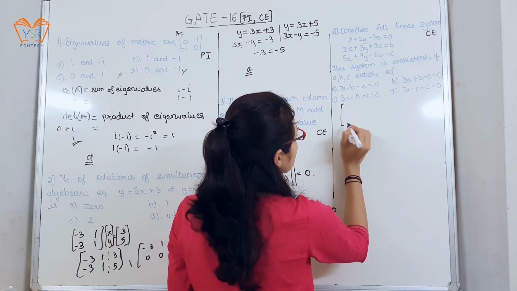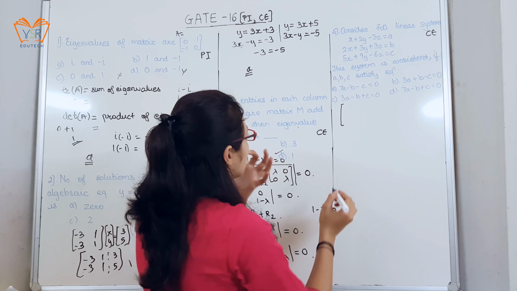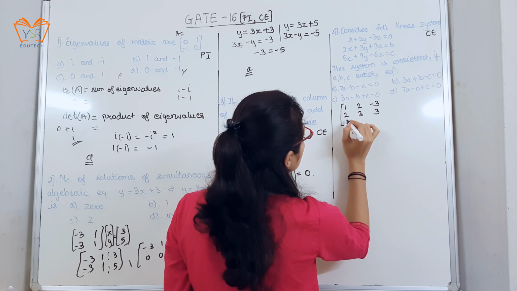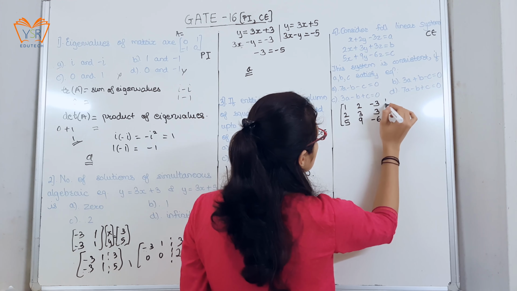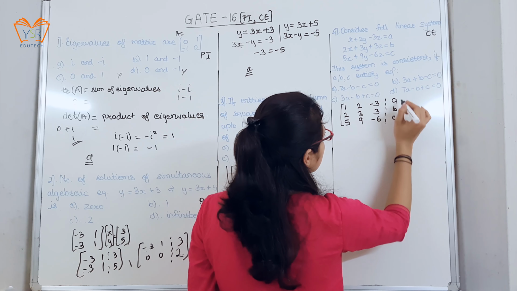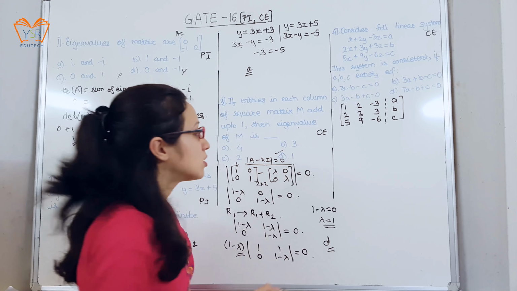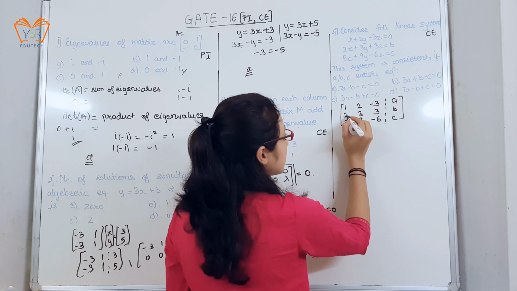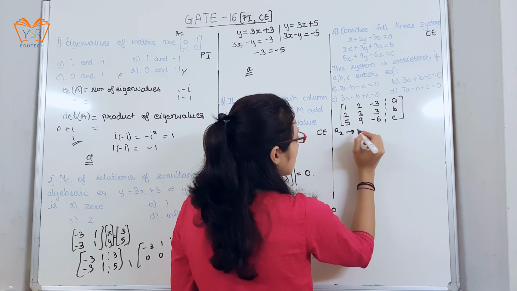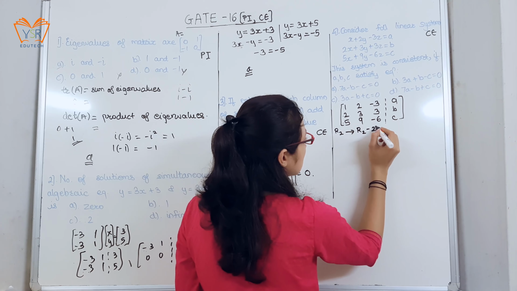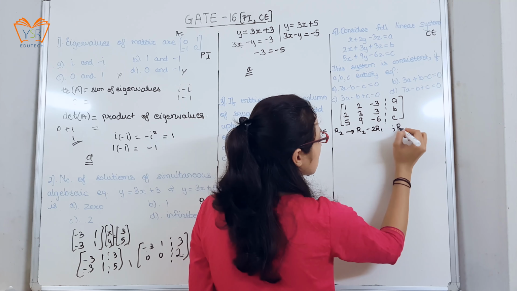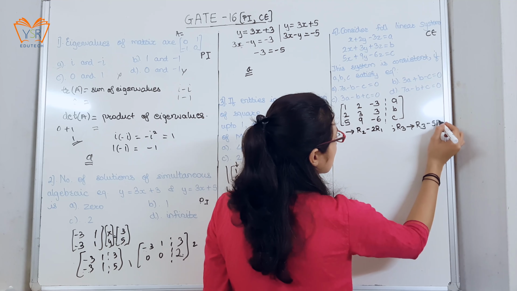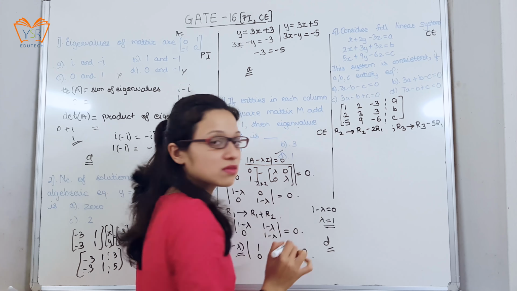Now here we'll write it in the form of an augmented matrix: 1, 2, minus 3, 2, 3, 3, 5, 9, minus 6 and A, B and C. Now here I'll apply 2 elementary operations. We'll make these 2 elements equal to 0. For this element to be 0, we can apply R2 minus 2R1, and for row 3, R3 minus 5R1, to make these 2 elements equal to 0.